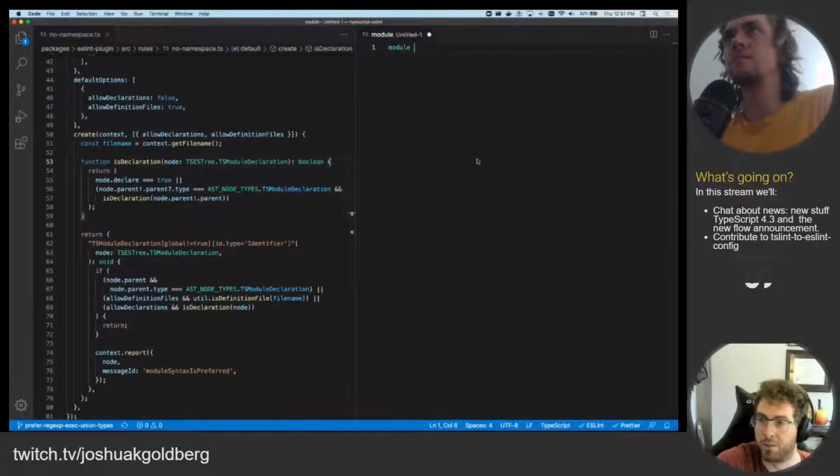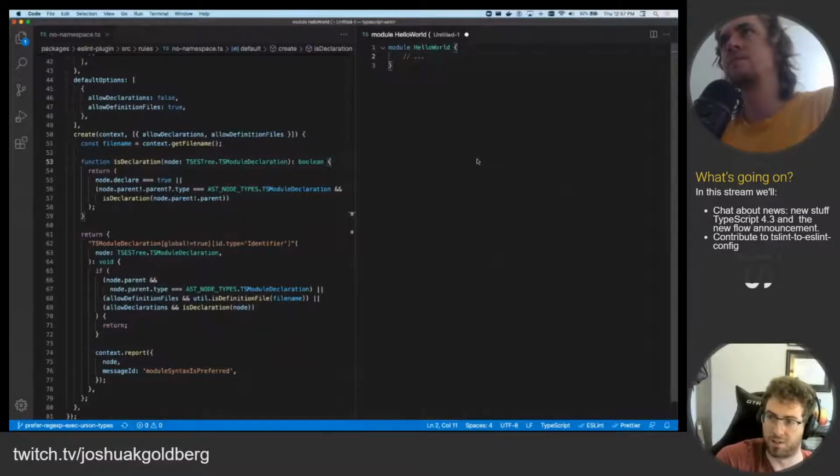You used to be able to do things like module hello world, which was this old syntax that got renamed to namespace hello world because it has nothing to do with the actual ES modules and is just very confusing for people. So we tried to rename it to namespace. And what it actually compiles to is this object const hello world. And then you can add